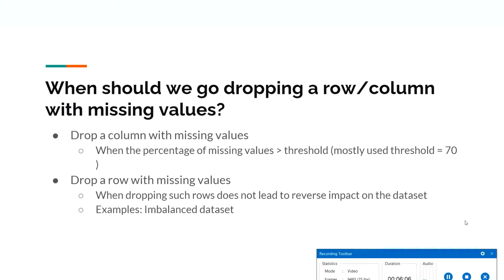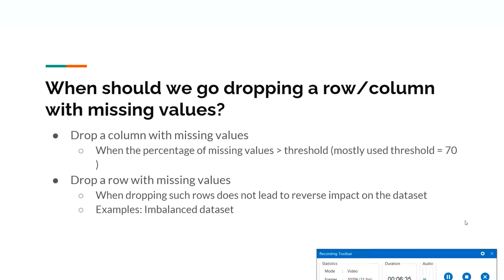Then when should we drop a column? Well, you can think of it this way. You can fix a threshold. If the percentage of missing values in a given column is above a certain threshold, then go ahead and drop it. Well, if you ask me from an industry perspective, the widely followed threshold is 70%. I am saying the mostly followed, alright. I am not saying that everybody follows it.